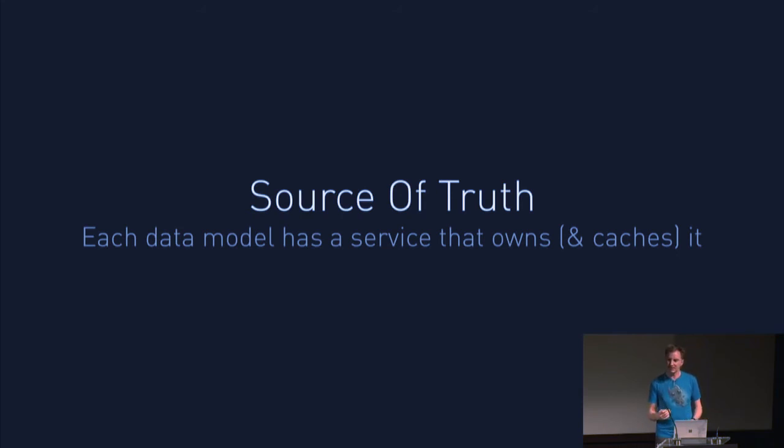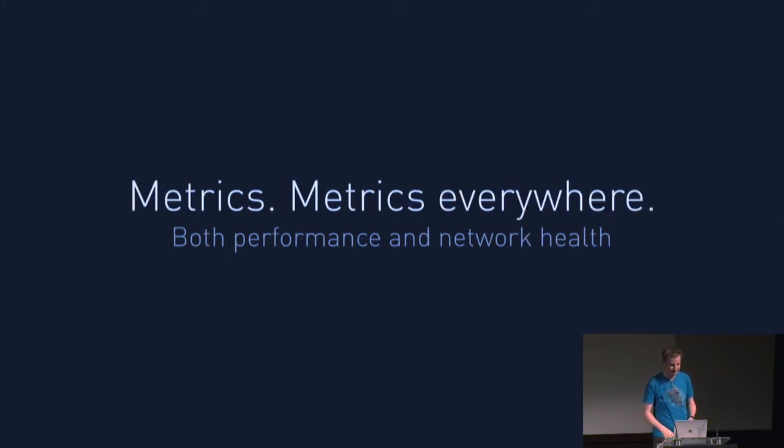So one of the key things to look at is make sure that at worst, only one thing writes to each table, and preferably only one thing reads from each table as well. If you have caching or other logic, make sure it's all encapsulated into one service so that you can treat it almost as a black box. Like, well, I want to get event data, I just call this thing. All the caching and invalidation is done for me.